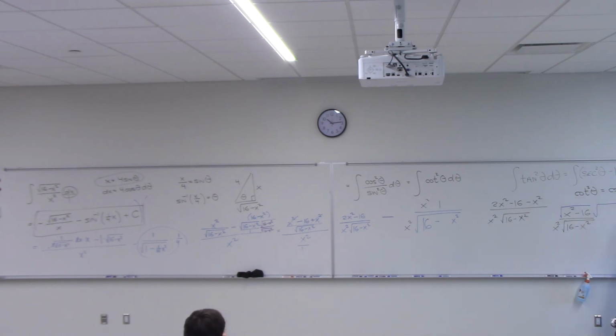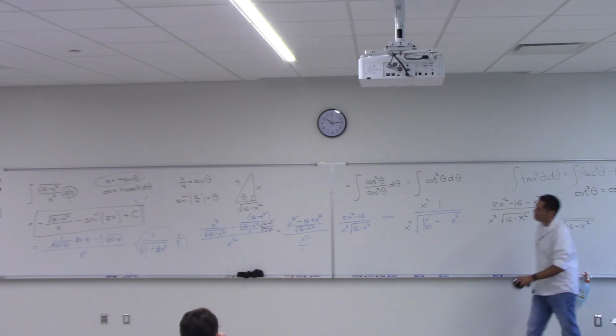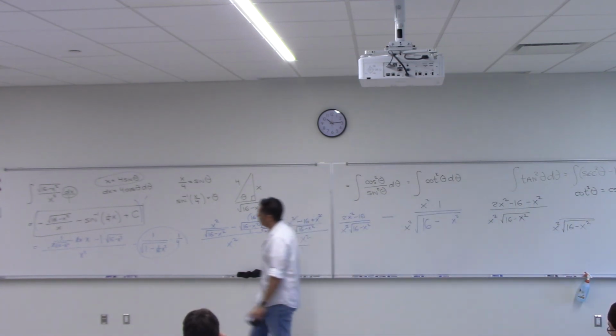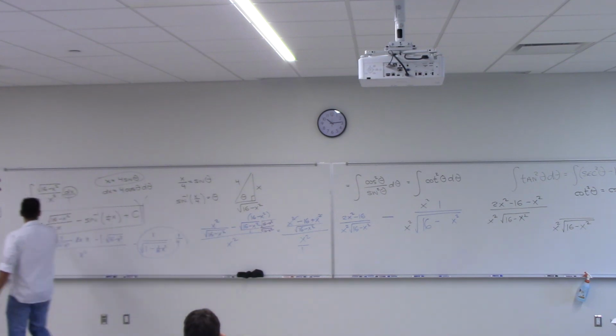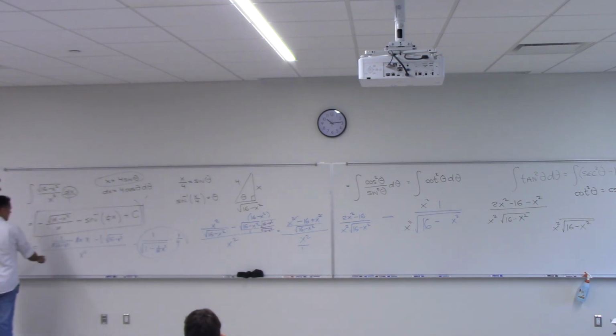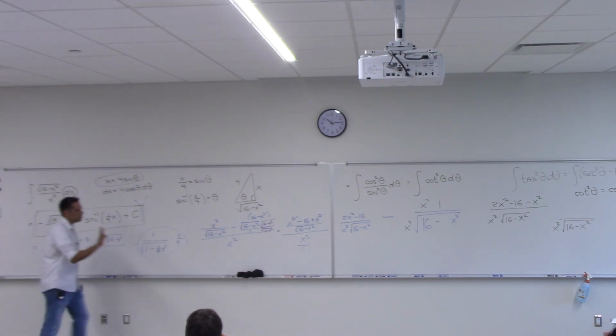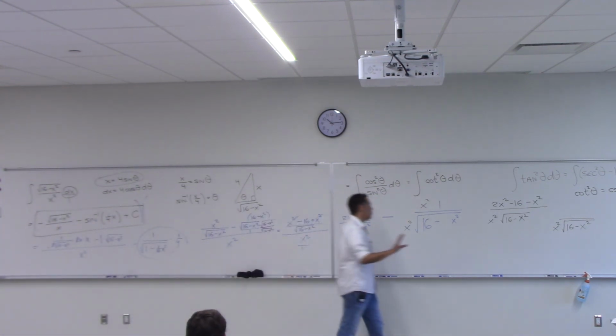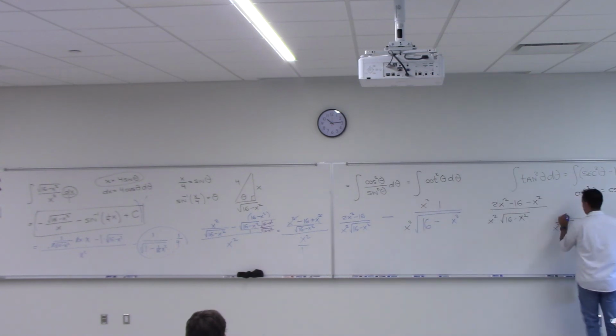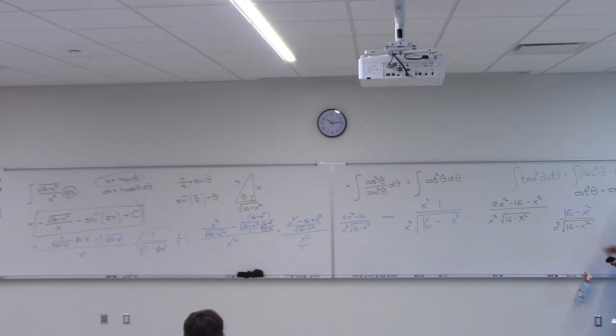Something is off with the sign. I need to take a sign out, but I'm off by a negative. Where am I off by a negative? This negative carried, right? Wait, no, it didn't. No, it didn't. It didn't go through there. Okay, so it's all right. I'm going too quick, but I think you can see what happens here. I didn't distribute that properly, so the signs are backwards. So this right here